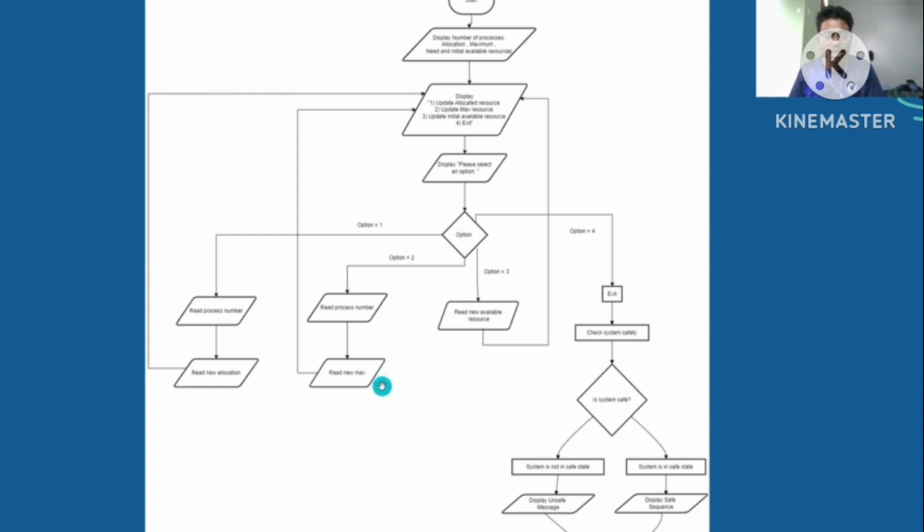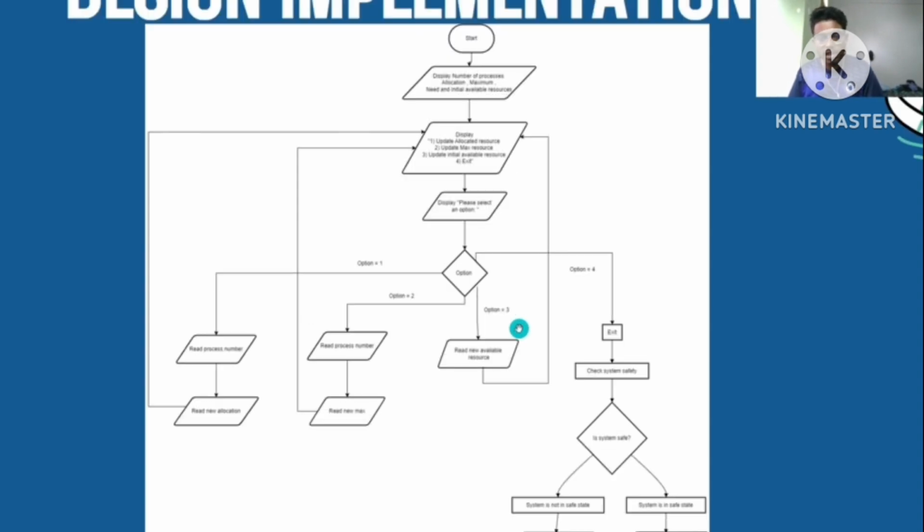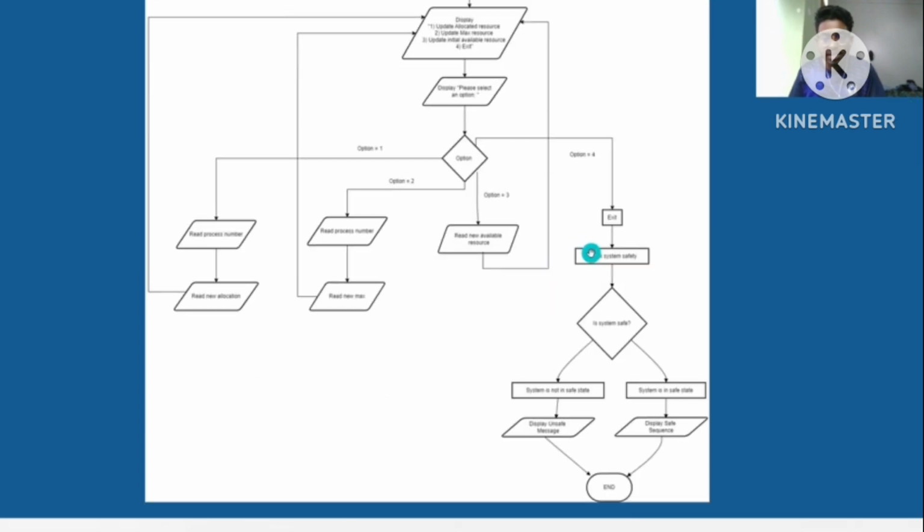And then now it will ask to input new max. And then as for the third one, to update the initial available resource, it will just straight away ask us to input the new available resource. And then at last, for the fourth one, option number 4, which is exit, it will exit from the system,